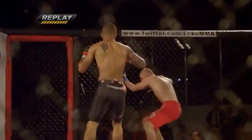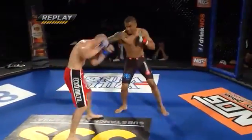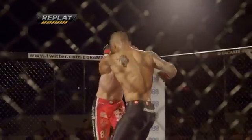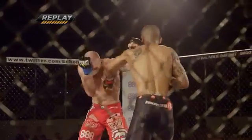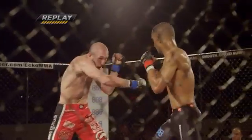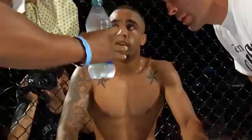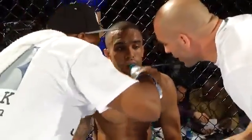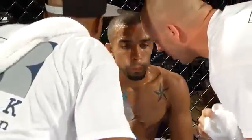Look at that beautiful straight left hand. Hordatt Reece switched back and forth here. We see him fighting from the southpaw stance, but we also saw him fight orthodox. Look at this nice tight hook, and there's that straight left again. There's that right hook. These are crisp, clean, well-placed shots. I think 10-9 for Hordatt Reece that round, but you can't discount the heart of Kyle Nelson and how well